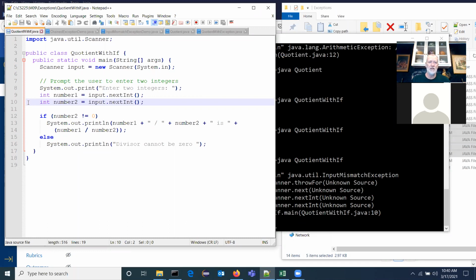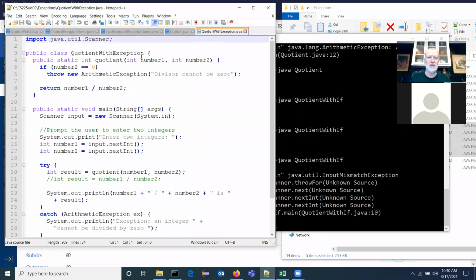So how are we going to fix this? The authors never fixed that specific problem. But what is an alternate way to fix these kinds of things? You put everything into this try, throw, catch. So here's what this quotient looks like with exception. And I'm going to focus on